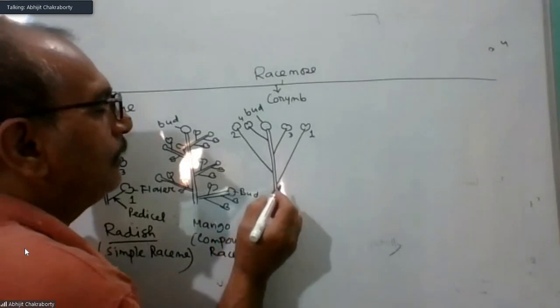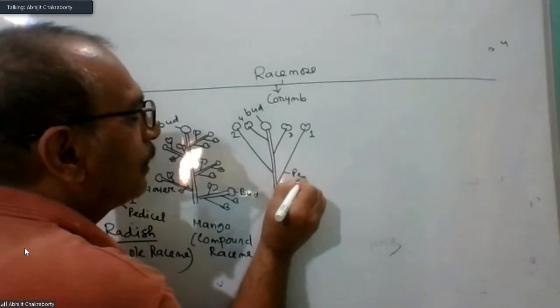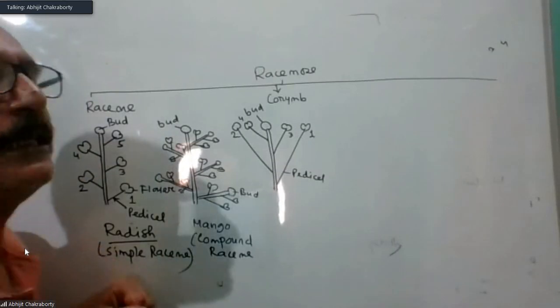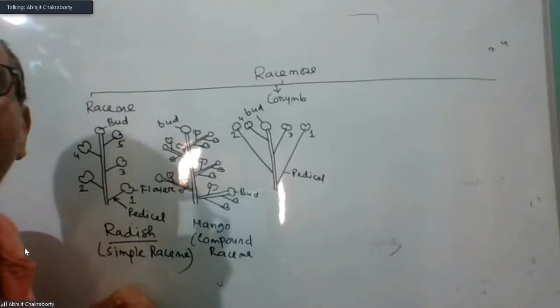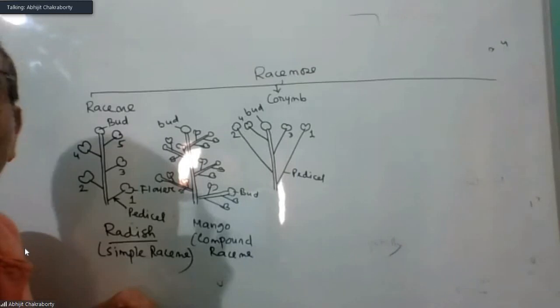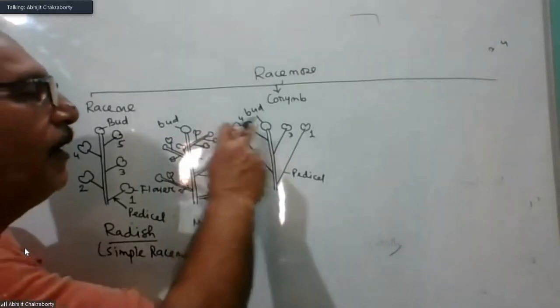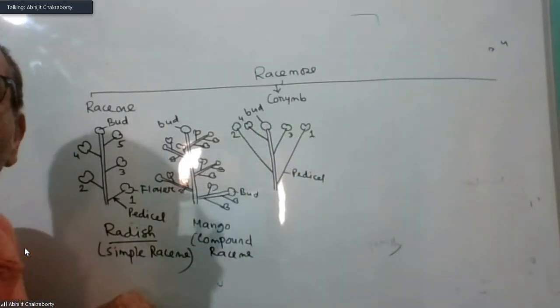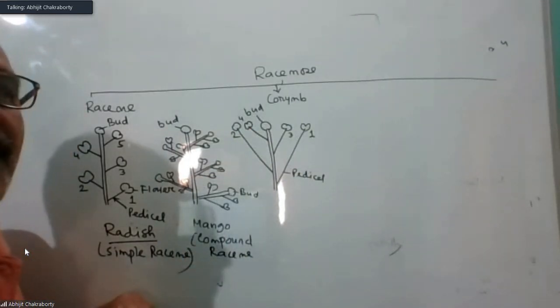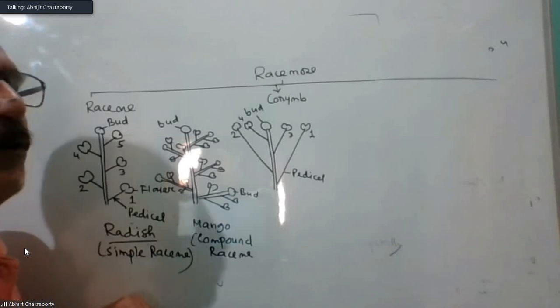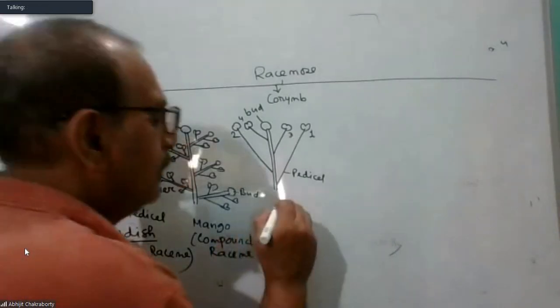And here all flowers have a pedicel, but the length of the pedicel decreases anteriorly. As the length of the pedicel gradually decreases, all flowers are present at the same level. Then you can call it corymb. Example,